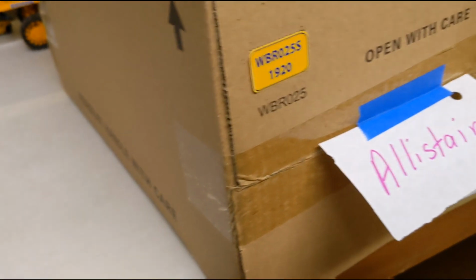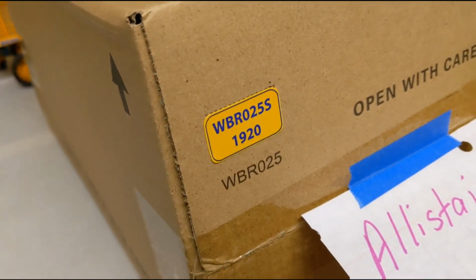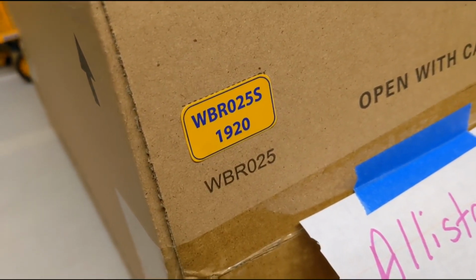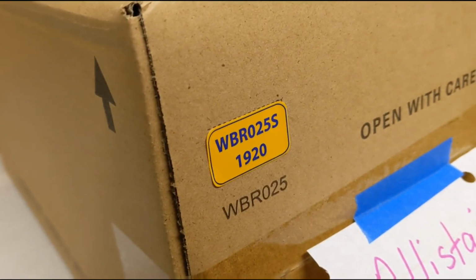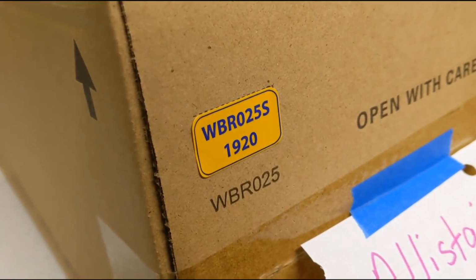So yeah, outer box, a little sticker here. I'd love to know what those numbers mean. Is it the model code, or is it the number produced, or what is it? Not sure. But anyway,